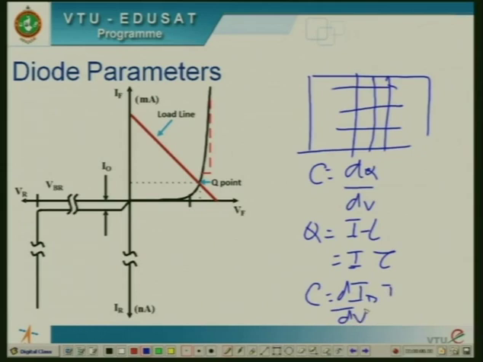When differentiating these equations, you get the capacitance, where the diode current is given by I d equals I naught into e to the power of V d by eta V t minus 1. Here I d is the forward diode current, I naught is the reverse saturation current flowing through the circuit, V d is the voltage drop across the diode, and eta is a constant. Eta is equal to 1 for silicon and 2 for germanium, and V t is the voltage equivalent of temperature, where V t is given by,